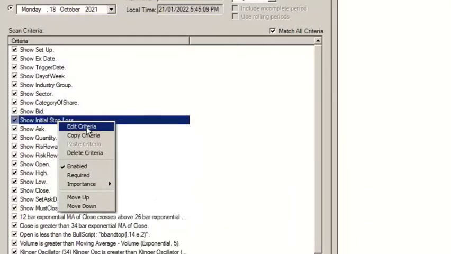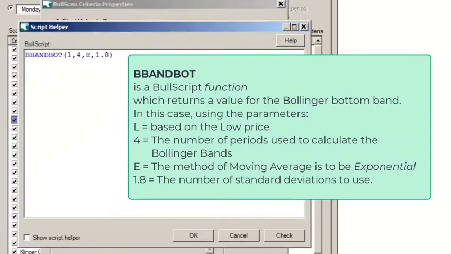Initial stop. I work off, and again, just through a lot of trial and error, I've found this to be fairly successful. BullScript straight out of the BullCharts manual. Bottom of the Bollinger Band, low, the frequency of 4 exponential, and I think it's 1.8 rather than the standard of 2.